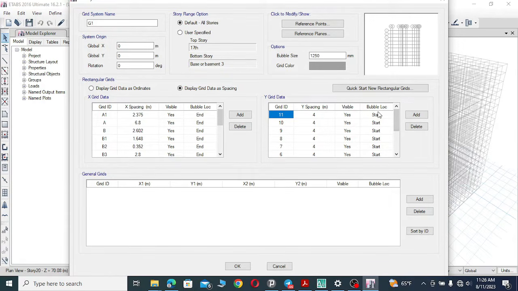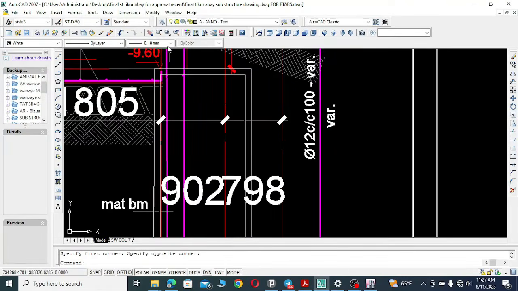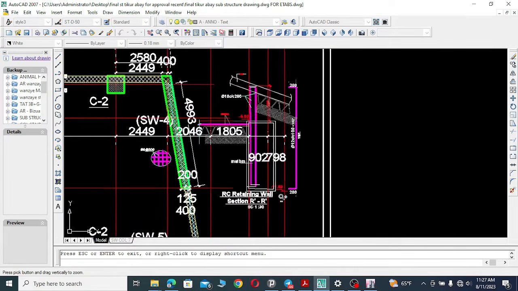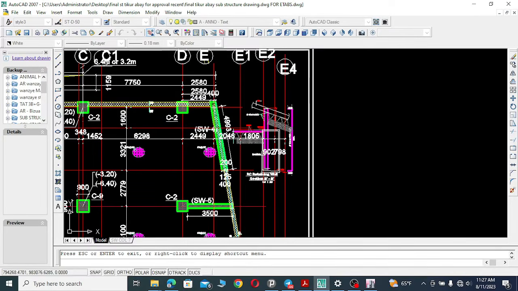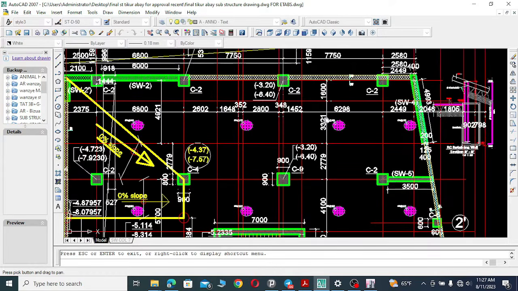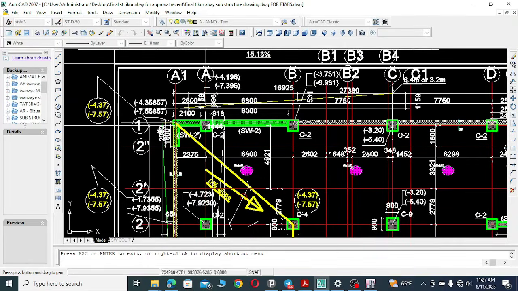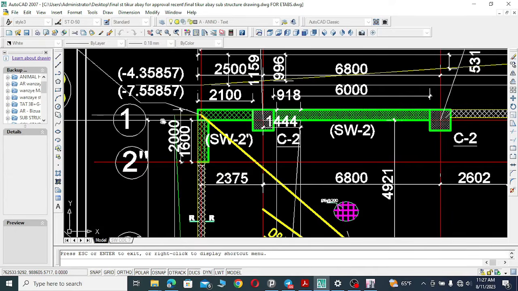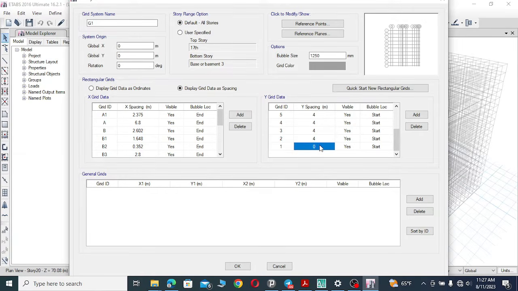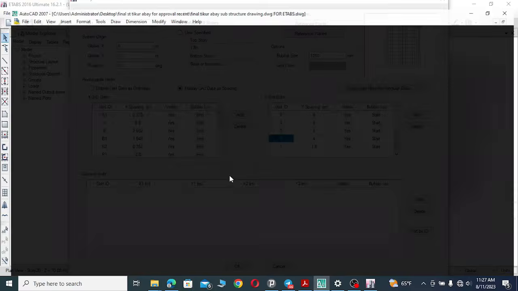When we come to the spacing and the grid ID definition in y direction, here I have to start at grid ID 1. So now let me come to here. Now let me start at this grid line. So the grid ID is 1 and the spacing is 1.6. Here it is 1.6, and the second grid is